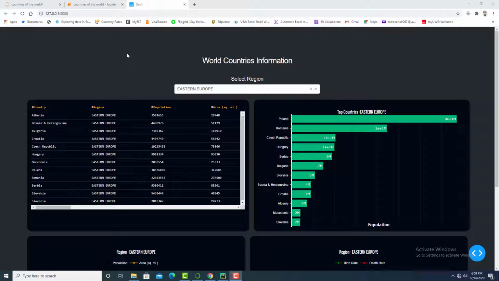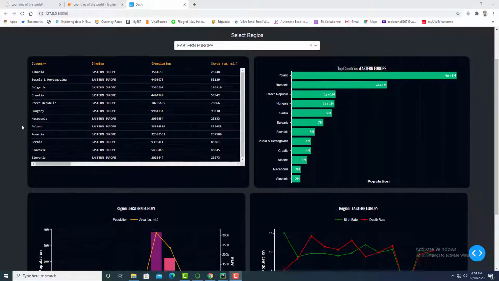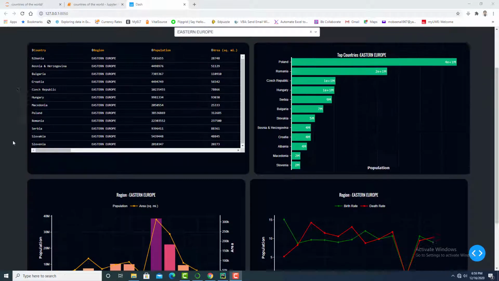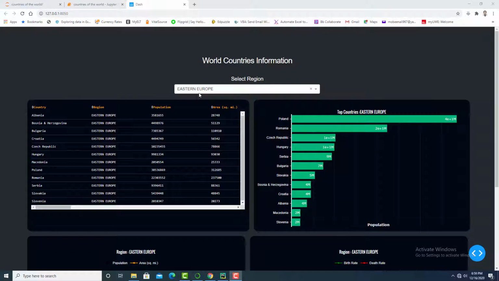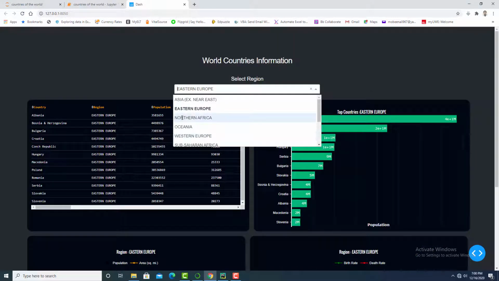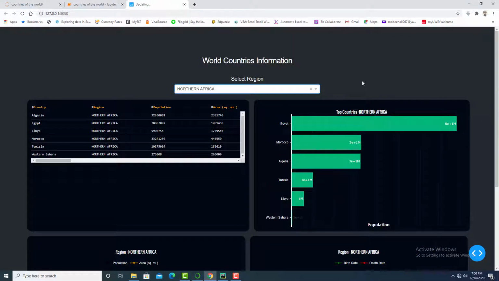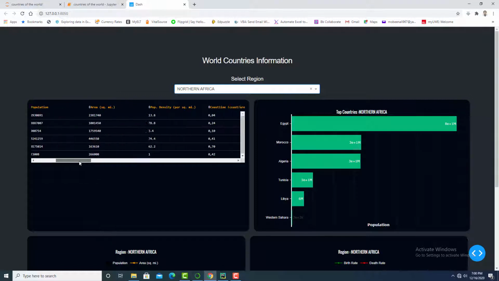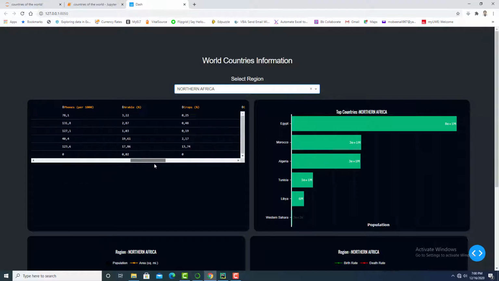I have created this dashboard in Python using the Plotly Dash library. This dashboard has one input component, one data table, and three charts. These are connected to a drop-down list, and by changing any region value from the drop-down list, all data is updated on these four charts. For example, if I select this region, I can view all columns using the horizontal scroll